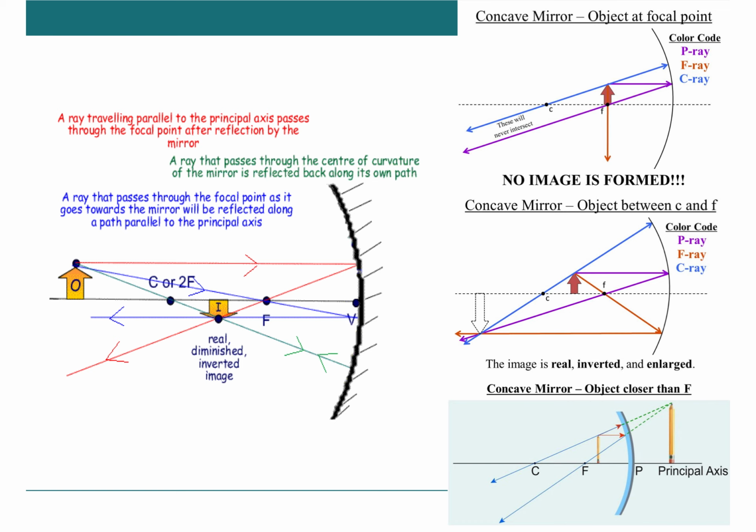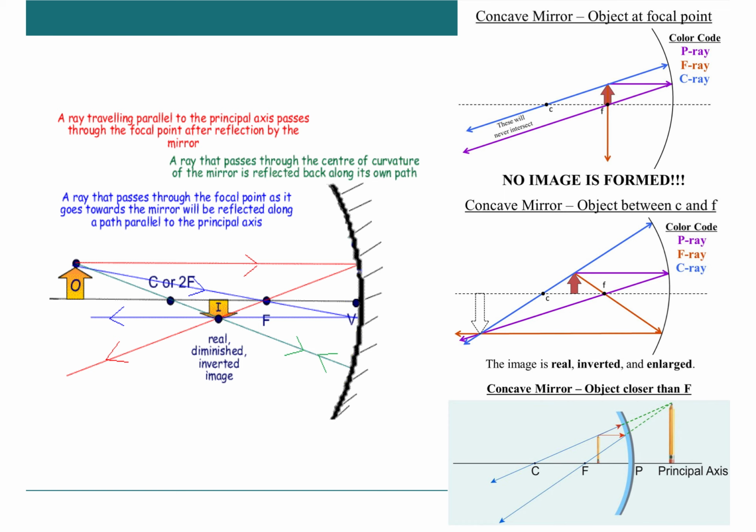Using these techniques of ray tracing, which we'll flesh out more in the coming days, we can show that for a concave mirror, an object placed directly at that mirror's focal length will produce no image in that mirror whatsoever, while an object that's located somewhere between the focal length of a mirror and twice that mirror's focal length will